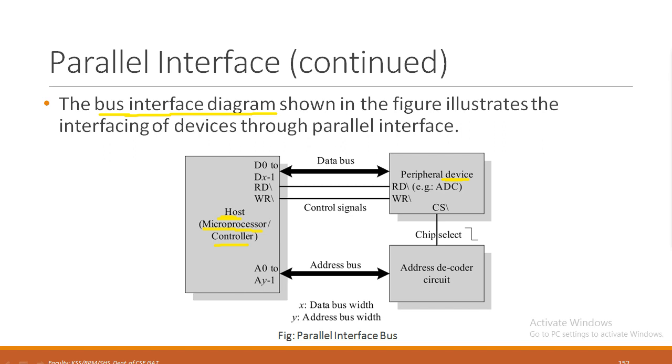These are two keywords used in the context of the parallel interface: peripheral device and host. The host of the embedded system contains a parallel bus, and a device which supports the parallel bus can directly connect to this bus system. If this device has the parallel interface, then it can connect to this host. Both host and device should have a parallel interface.